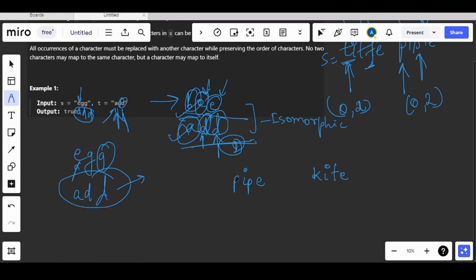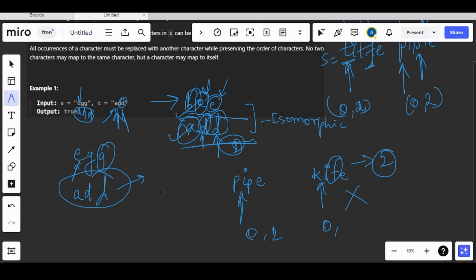Now this P is occurring on the 0th index and on the second index, but the K that we have here is occurring on the 0th index, but it is not occurring on the second index. Therefore this will not form an isomorphic string. So basically, the characters need not be similar, but the character that is occurring once and occurring again in the second index should be similar. That is the basic idea.